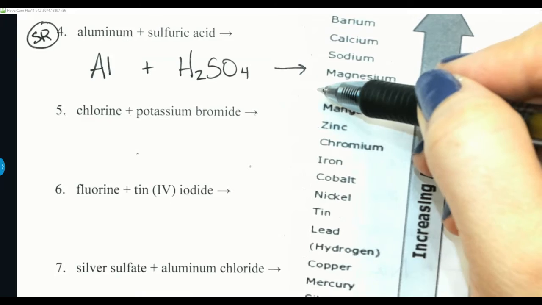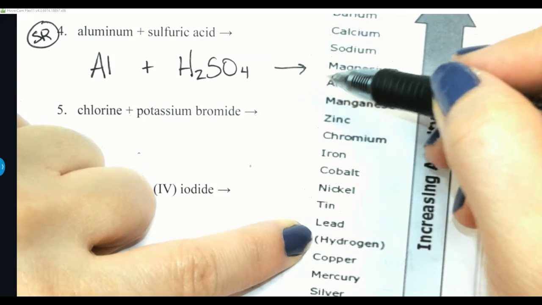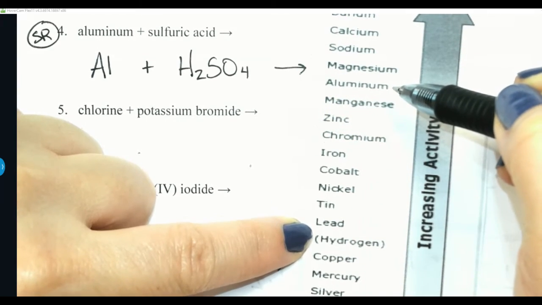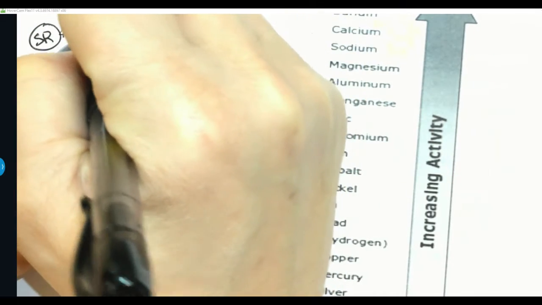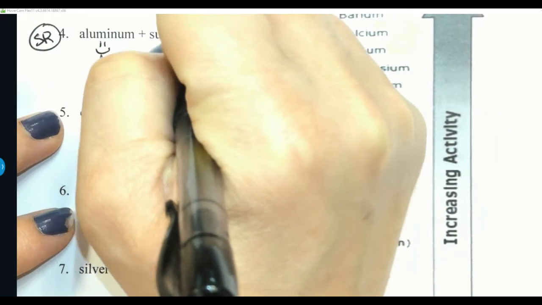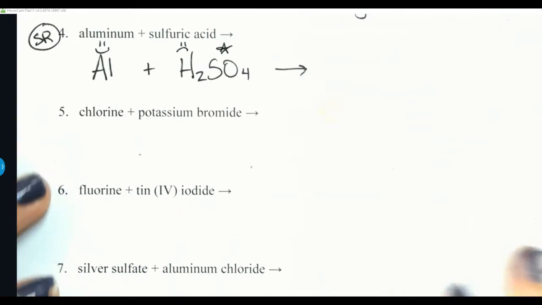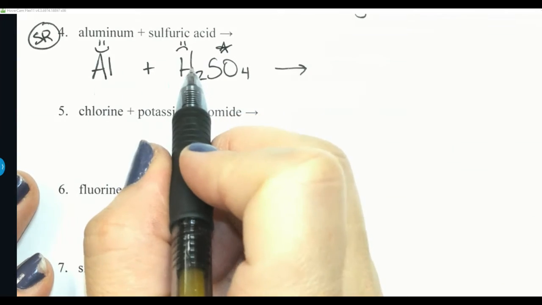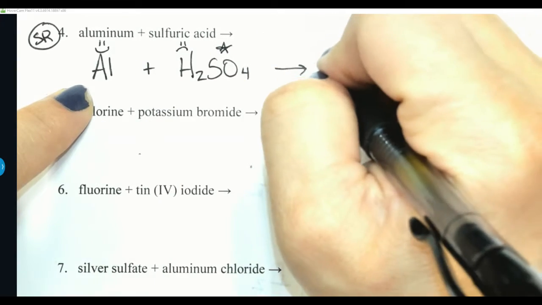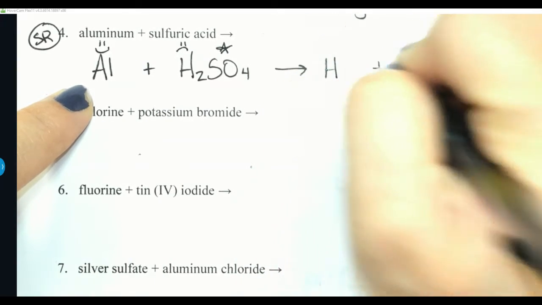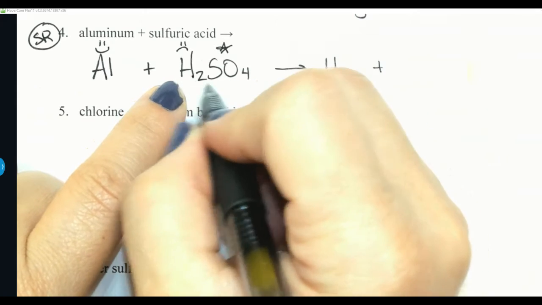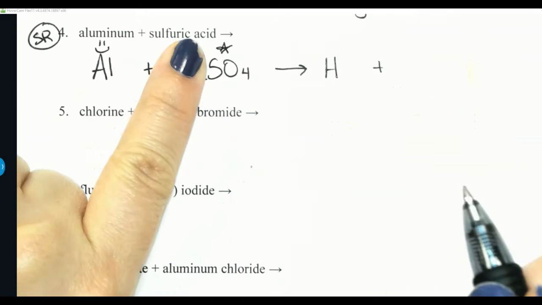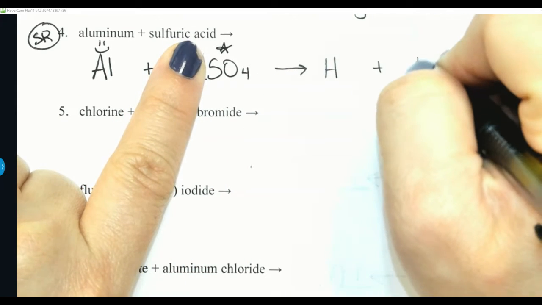So here's aluminum, and here is hydrogen down here at the bottom. So aluminum is going to get the smile, hydrogen the frown, and sulfate is the star. So we are going to switch aluminum and hydrogen. So I'm going to put hydrogen by itself first, and then I'm going to put the aluminum with my sulfate. So sulfate is SO4, so it's going to be